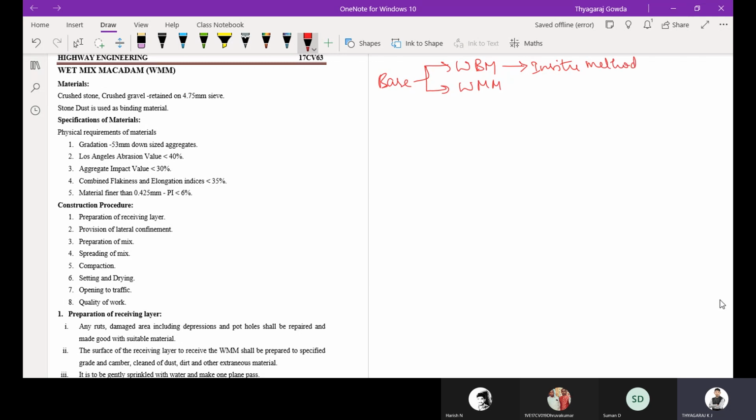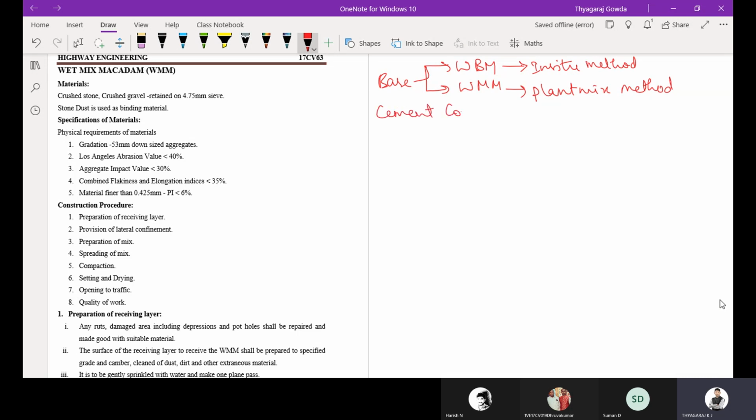In situ method means in the site only we are going to construct the WBM layer. But wet mix macadam is a plant mix method. In the plant you are going to mix it and bring it, similar to cement concrete.